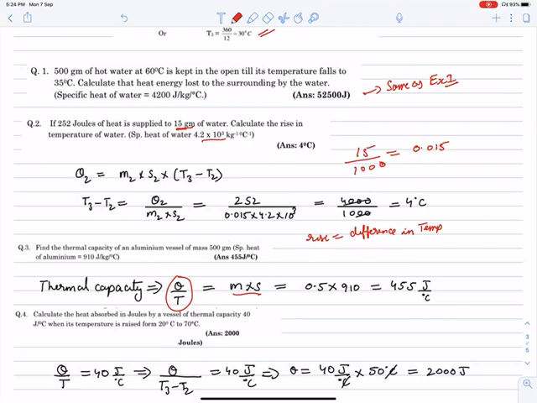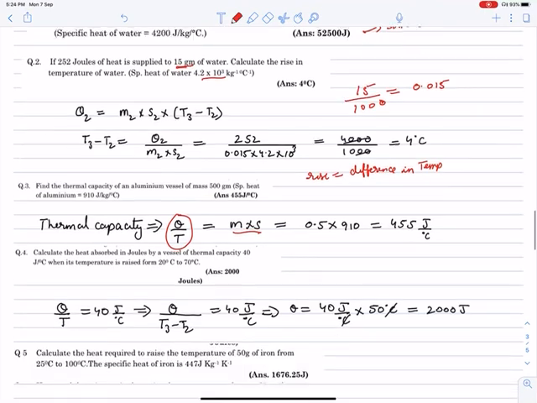So thermal capacity is defined by Q by T, which is equal to M into S. So M is 0.5 into specific heat 910, so you will get 455 joule upon degree